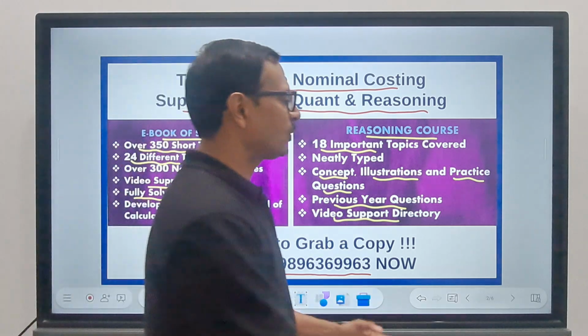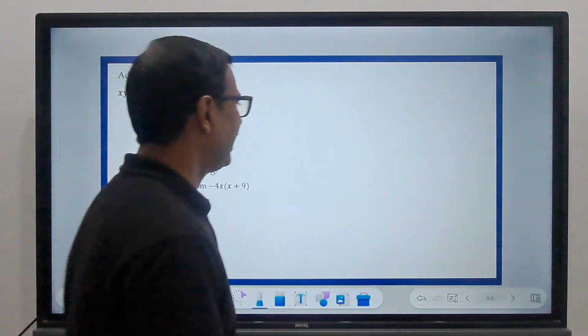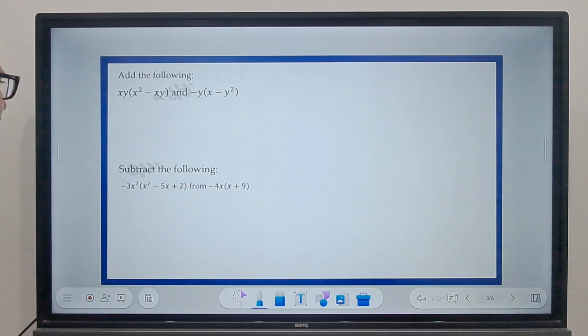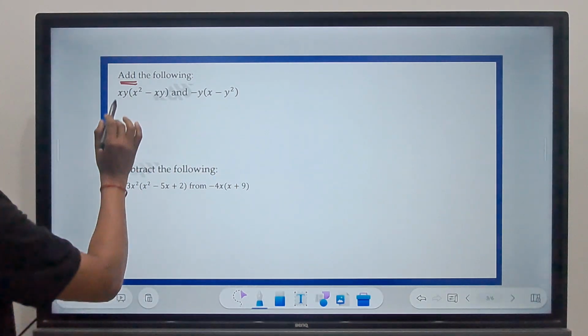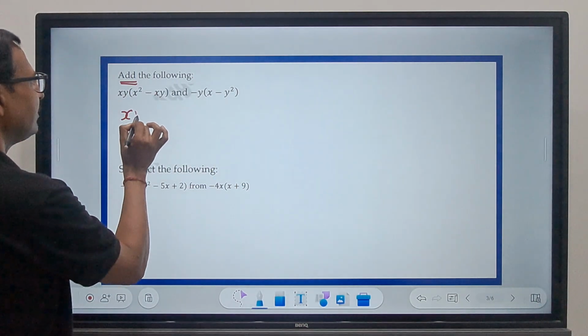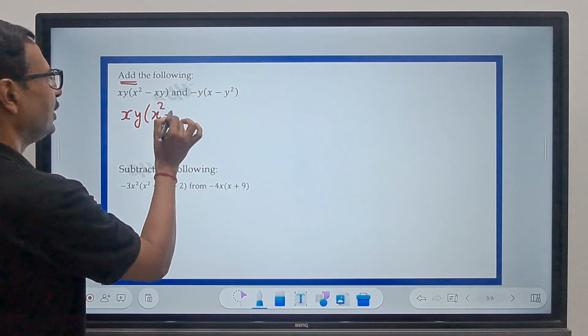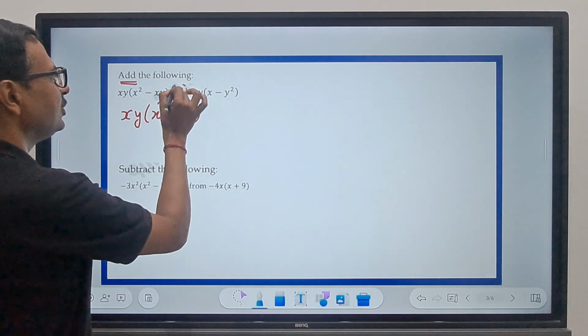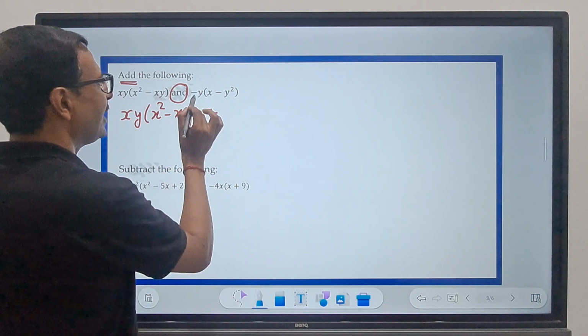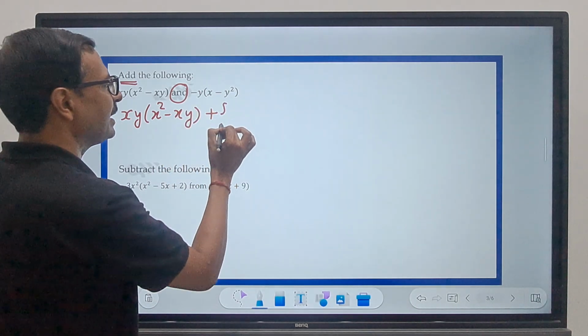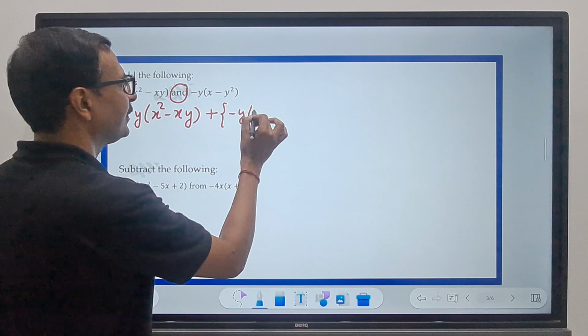Okay, let's get into the questions now. What do we have in these questions? The first one, add. Okay, we are adding these two. So if you have to add, obviously between these two, in place of 'and', you have to put plus, right? And since we have a minus y preceding this, I put a big bracket, so minus y and x